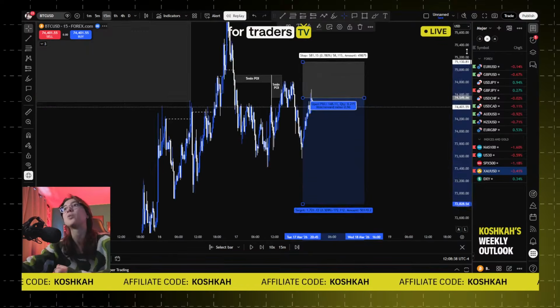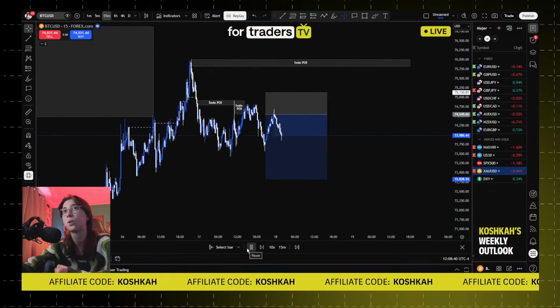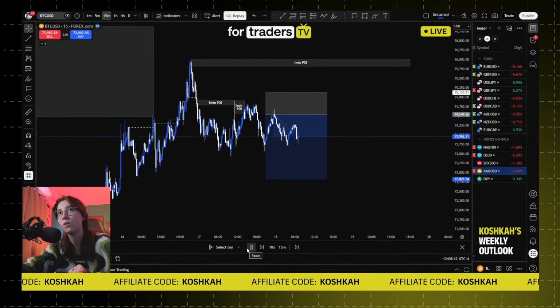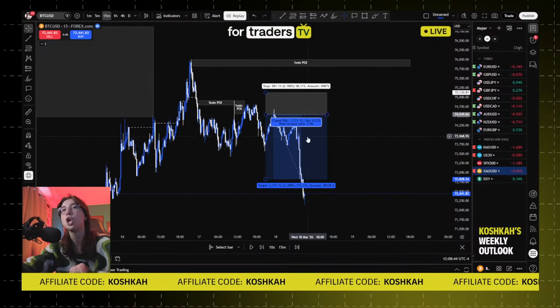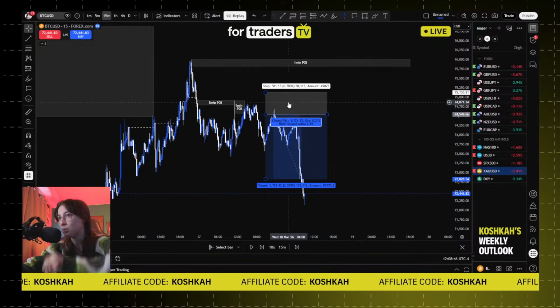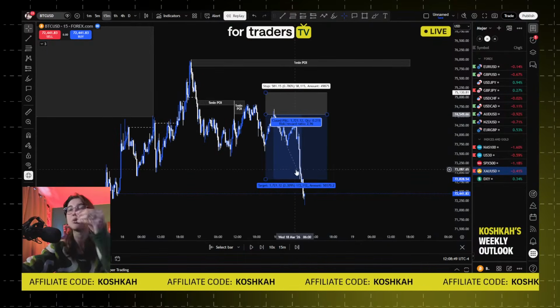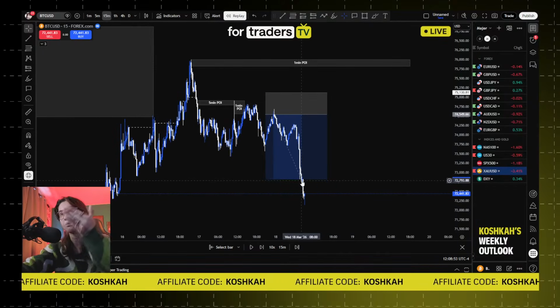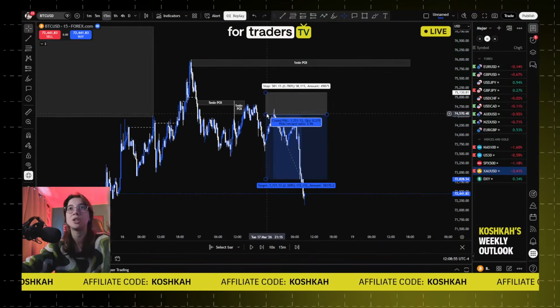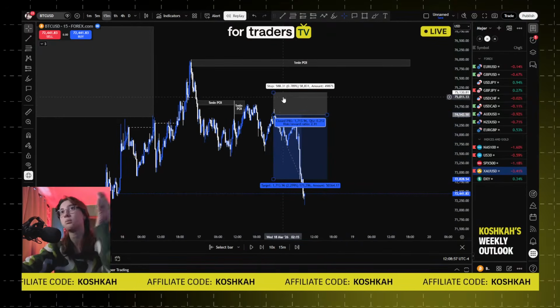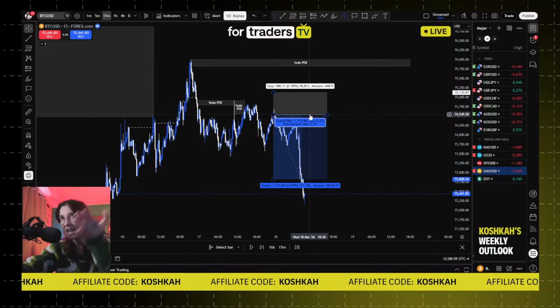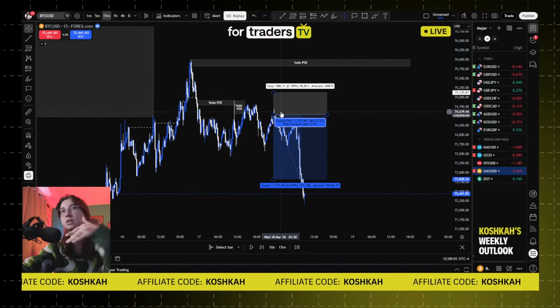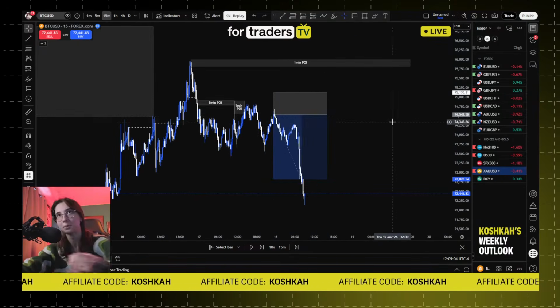But if the trade already hit the 1 to 3 risk-to-reward ratio without you, or you take profit 1 without you, so in this case right here, you cannot enter the trade anymore because take profit 1 is already hit. People who were in this trade when it hit take profit 1 already took their partials and placed their stop loss at break even. So if you re-enter again, that doesn't make sense because you shouldn't be in the trade anymore.